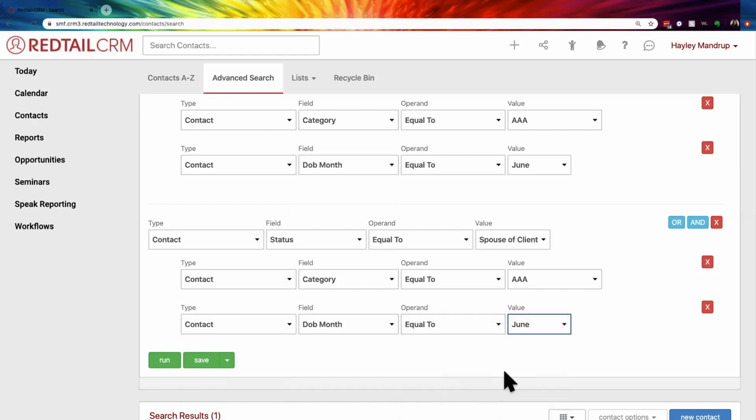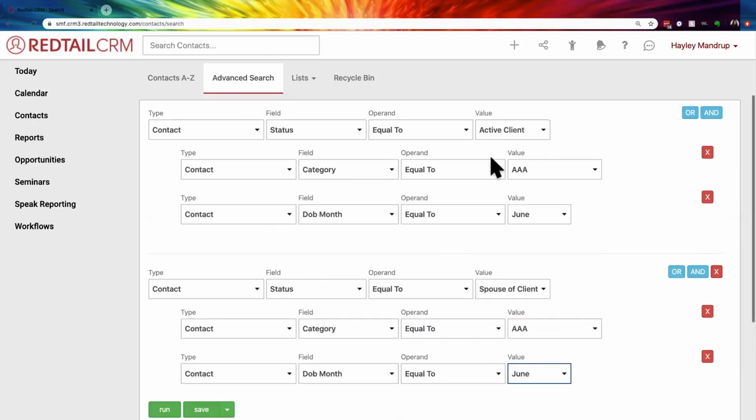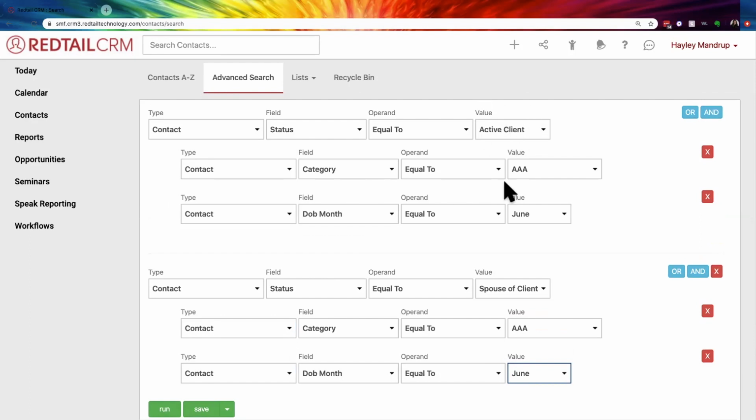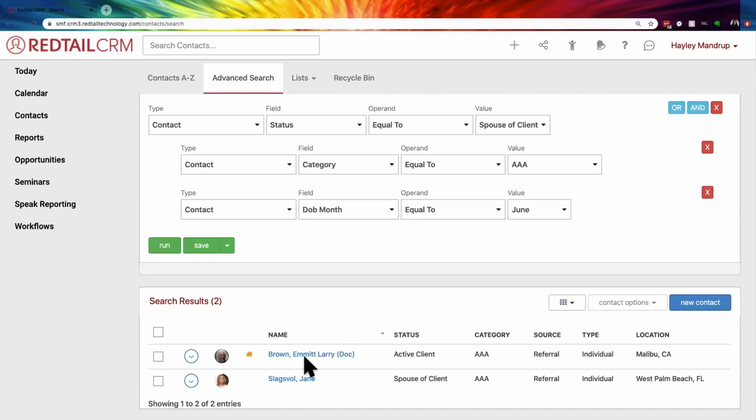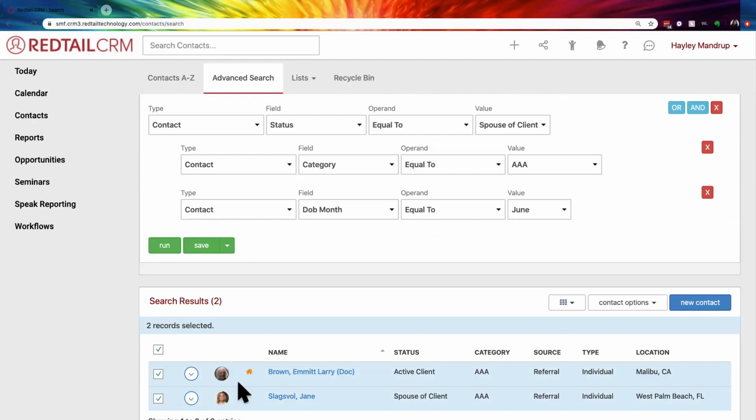So maybe I'm running my June birthday list and I want to send it to any either active clients or spouses of clients that are in that AAA category. And let's run. And look, I did have someone else come up. So now I can select both of those people, run a birthday report so I can send a handwritten birthday